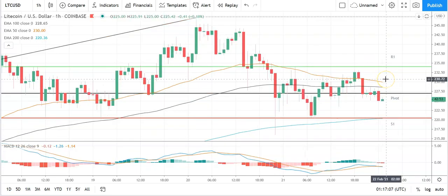Moving across to Litecoin against the US dollar, also bearish this morning. Going to need to see Litecoin move back through the pivot at 227.25 to take a run at the first major resistance level, say at 234.24. Going to need to see support from the broader market for Litecoin to break out from yesterday's high. It was at 233.95. So barring an extended rally on the day, expect that first major resistance level and Sunday's high